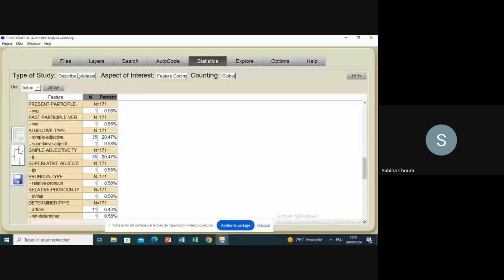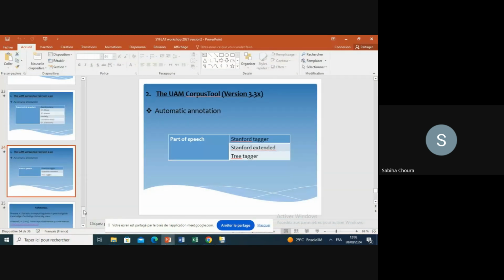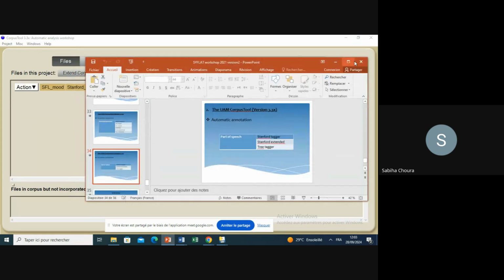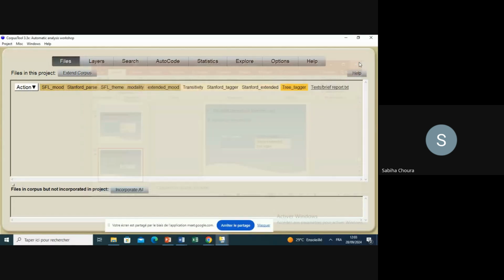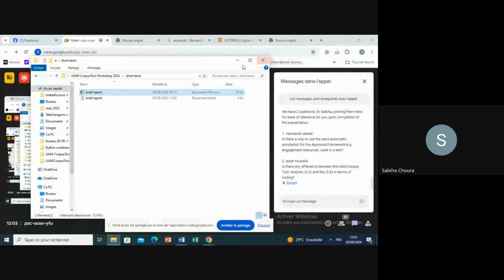Okay. So I'm done with the second part. First part, semi-automatic. Second part is mainly devoted to the automatic annotation. If you want, I think I have just 15 minutes. I can have a short practice session before 10 minutes. We just repeat some of the points we have done in the first project in order for you to further master these points. So I'm going to close this. I'm going to leave and then